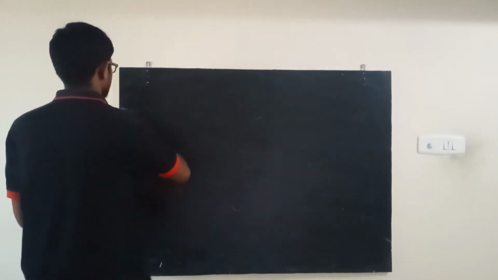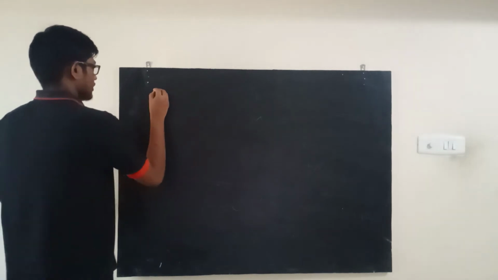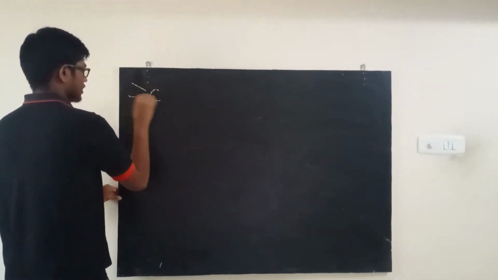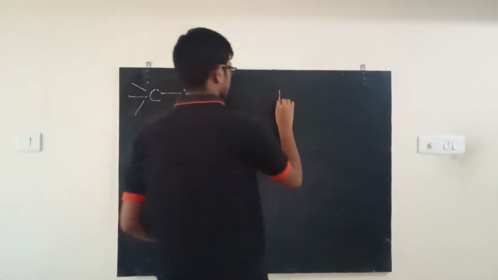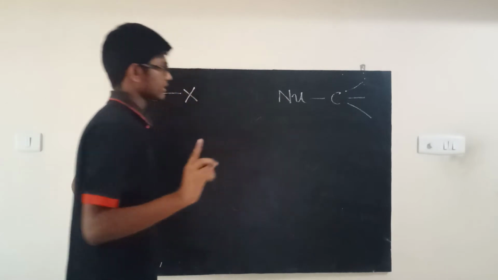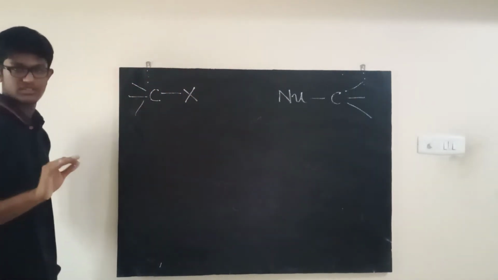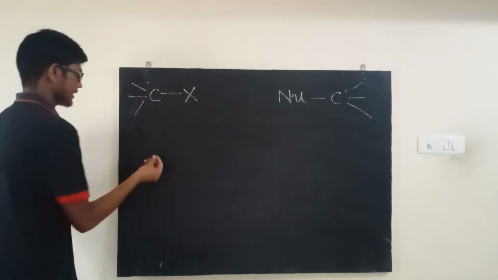Now, the second thing I wanted to discuss real quick is the inversion of stereochemistry concept, okay? So, this can be a little confusing. Now, when I say you started off with this type of compound, right? And you end up with this type of compound. First, there need not always be inversion in stereochemistry, okay? For example, if this guy is not even optically active, it's not going to matter. Let me give you an example.